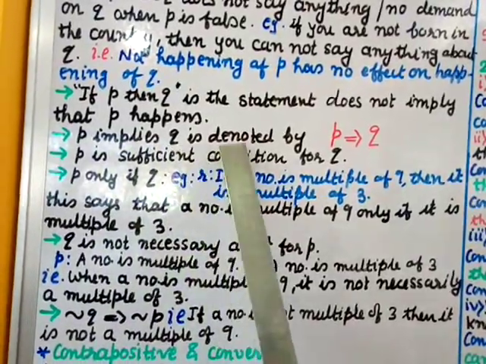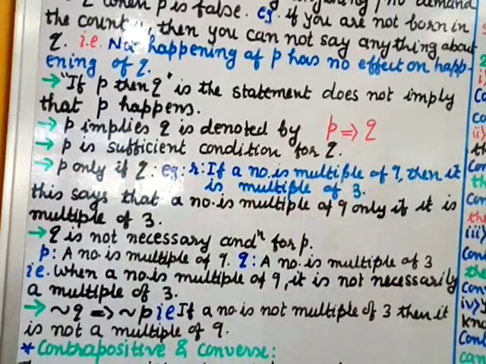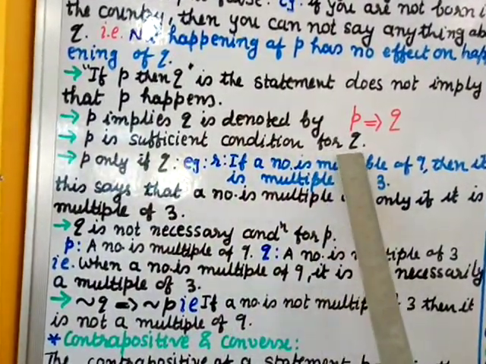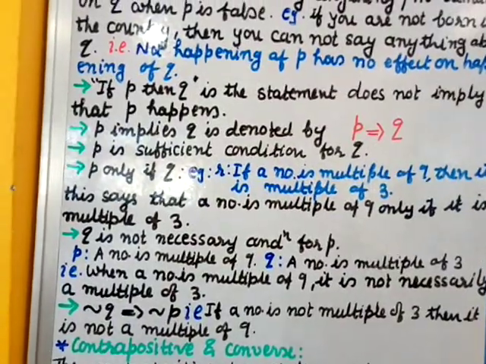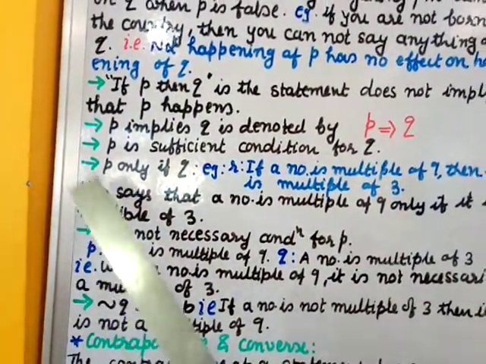P implies Q is denoted by P implies Q. So this is the notation we use for P implies Q. If P then Q, in that P, the first statement, is the sufficient condition for Q. P only